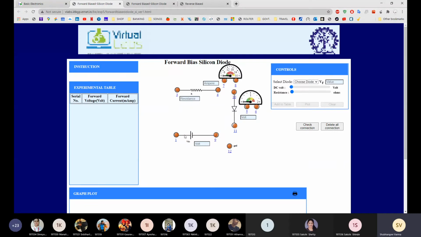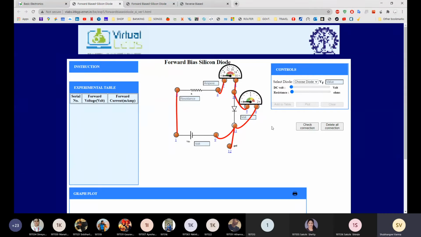So what is the procedure? We are going to connect this external circuit to this. Draw like this, connect it properly, then resistance, then we are going to connect a current meter in series. So connect this terminal here. And the voltmeter in parallel, so this terminal should be here, this terminal here, and ground. So this is the way you have to connect.